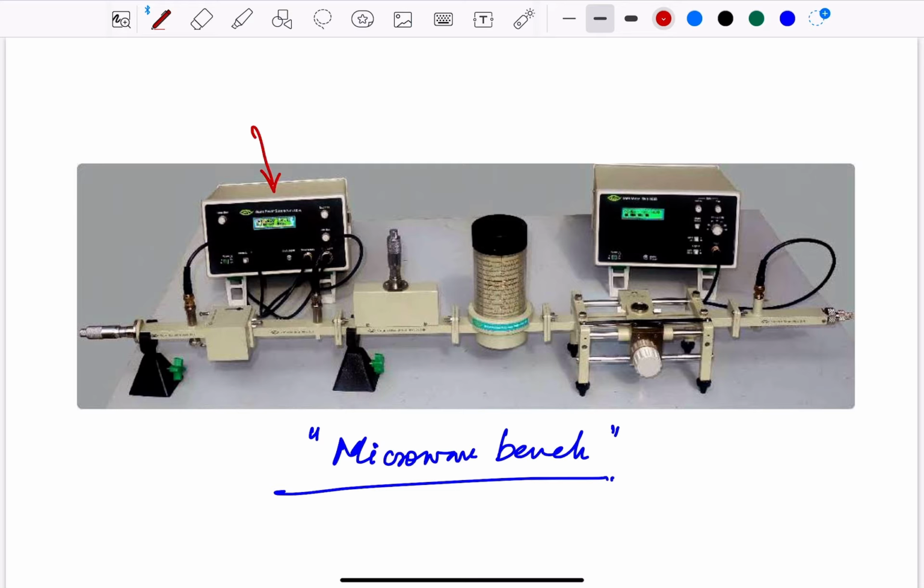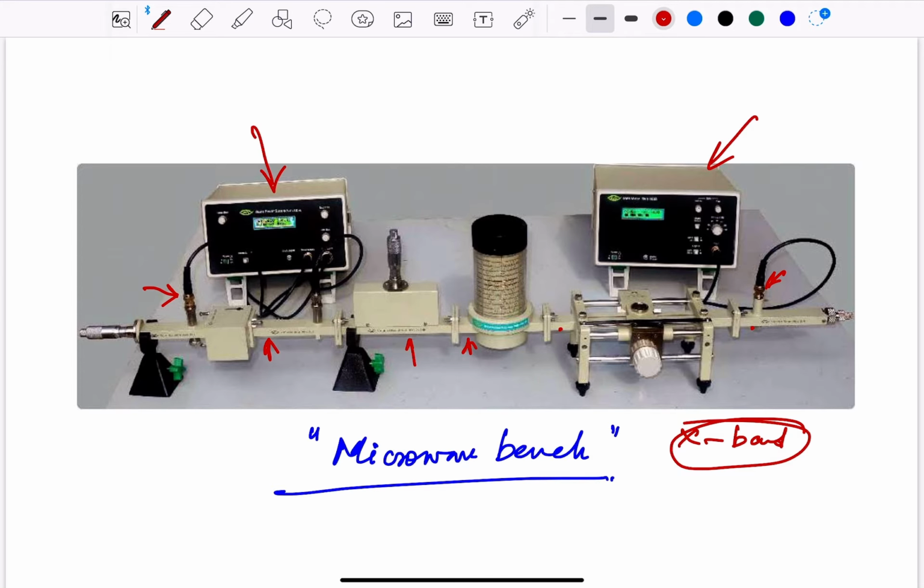Here you can find the source, basically a Gunn or klystron based source, and here you have the VSWR meter. You can see here you are exciting, or coupling, the power from this point, and you are collecting it here. In between, you will find a waveguide. This is the waveguide. All of this up to here is the X band